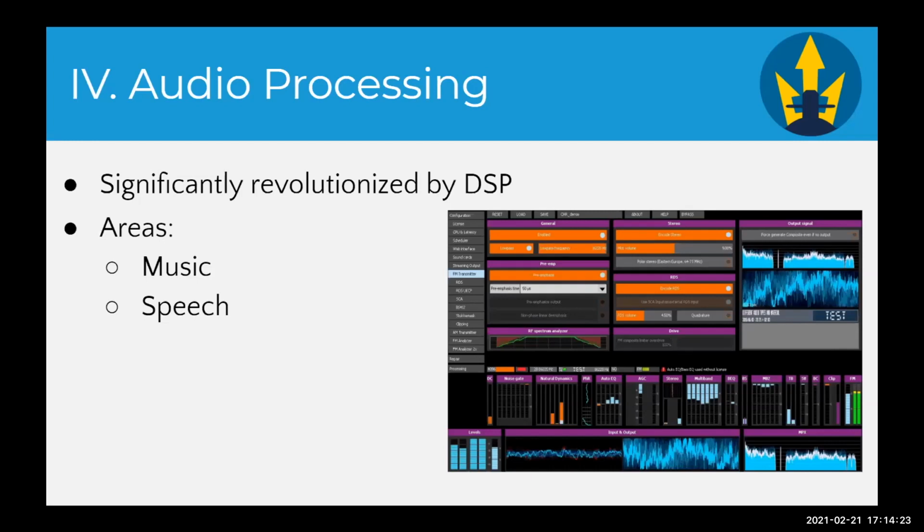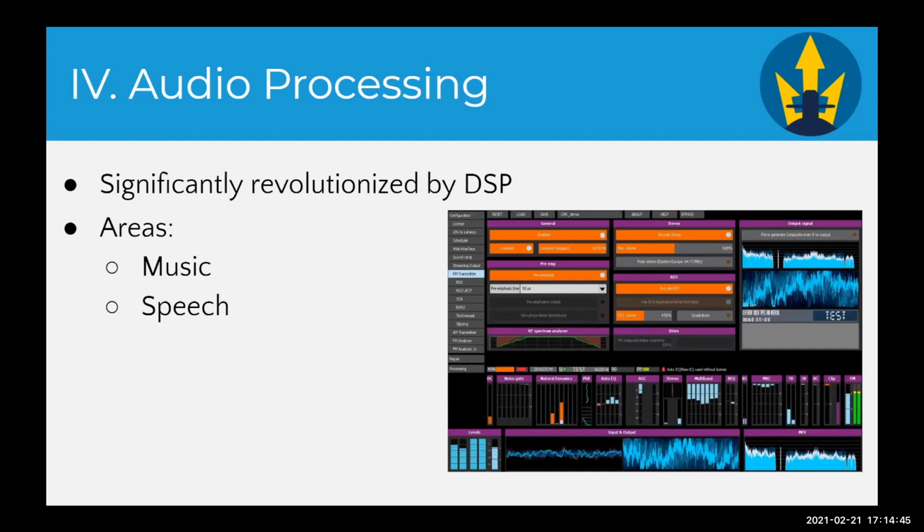But now with DSP, we are able to turn signals from keys on a digital piano and make it sound almost identical to a real violin or any other instrument you can think of. And with speech, well, let's just say we could have had this presentation presented by our computers,